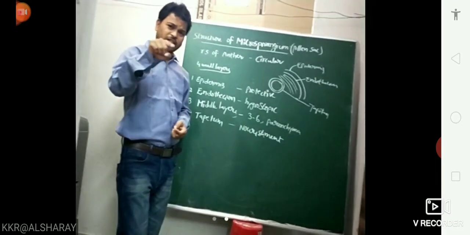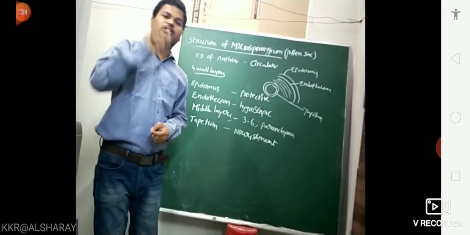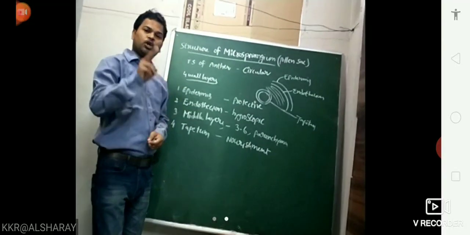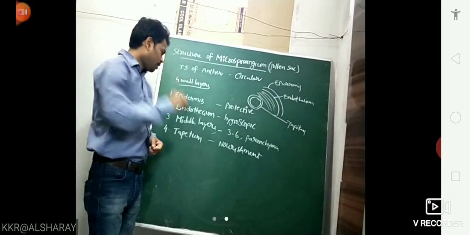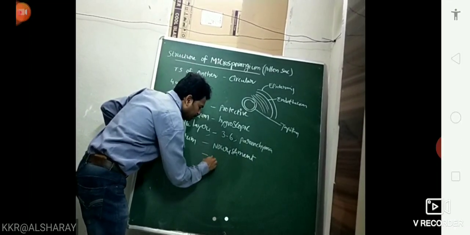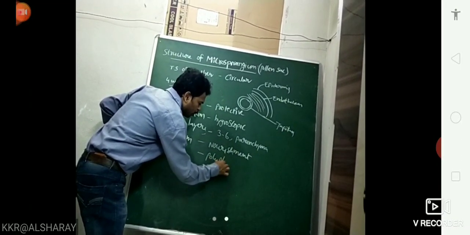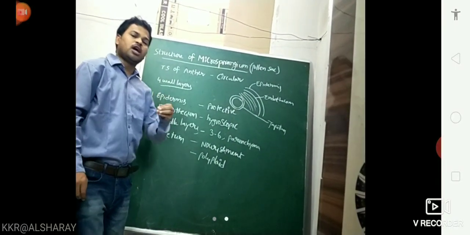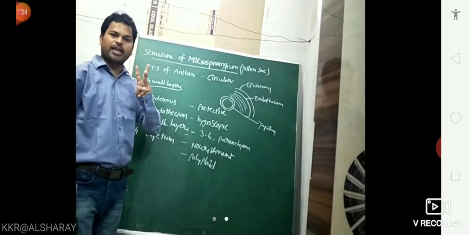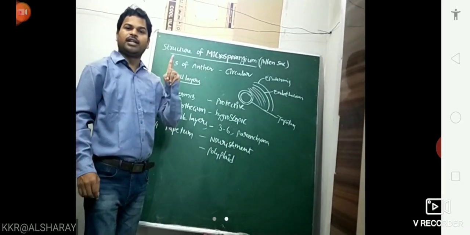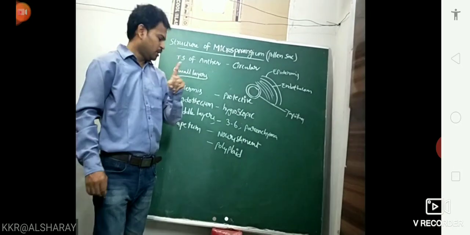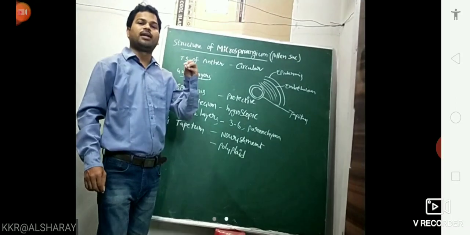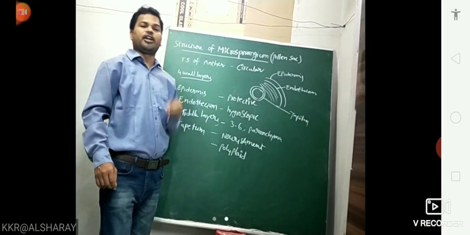Now I mentioned the ploidy also. Microsporangium is 2n. Pollen sac also 2n. Epidermis 2n. Endothecium 2n. Middle layers 2n. But tapetum cells are polyploid, because of the multinucleated condition. The innermost layer, the nourishment layer, has dense cytoplasm and multinucleated condition, so polyploidy. Initially tapetum cells are diploid, but later they become polyploid.